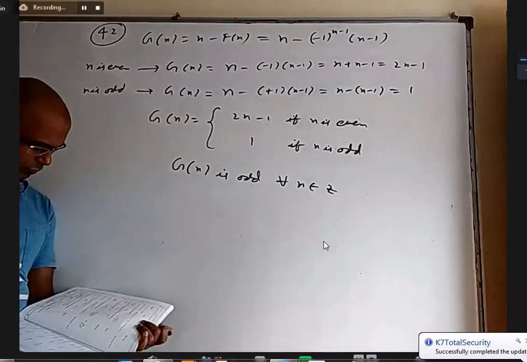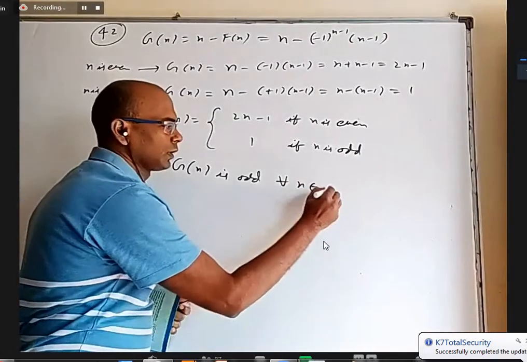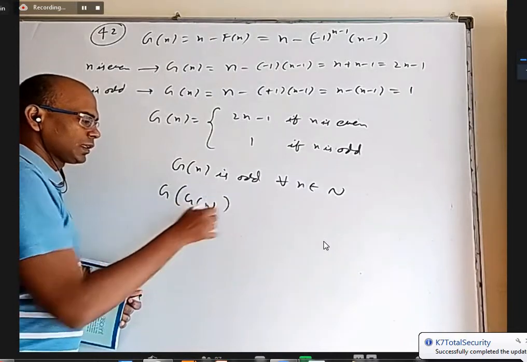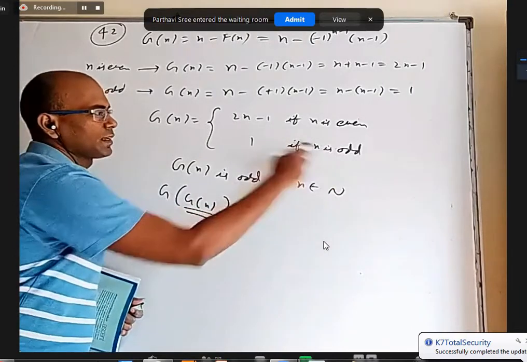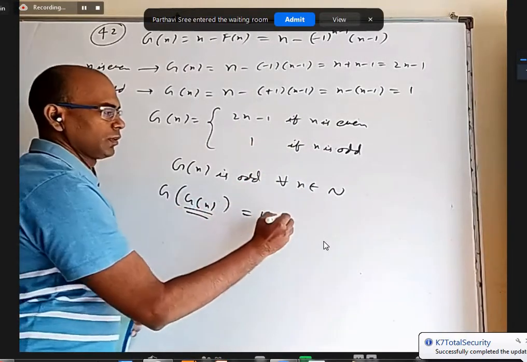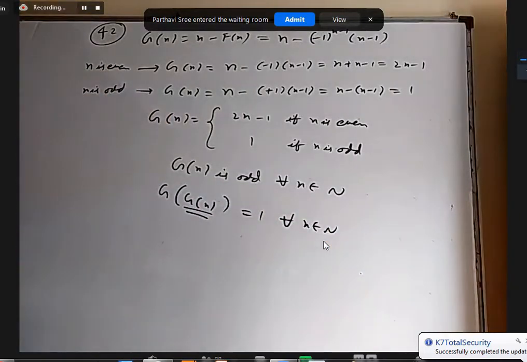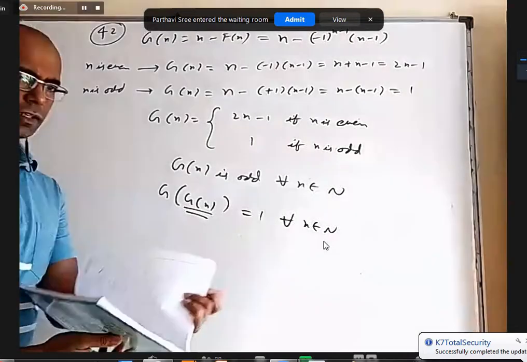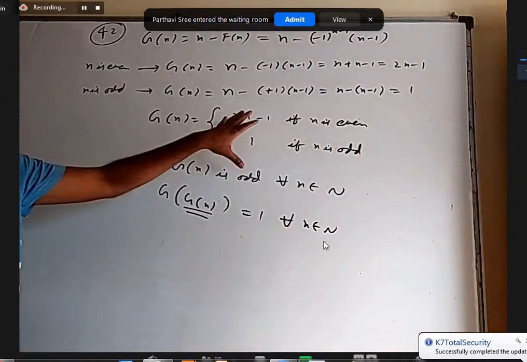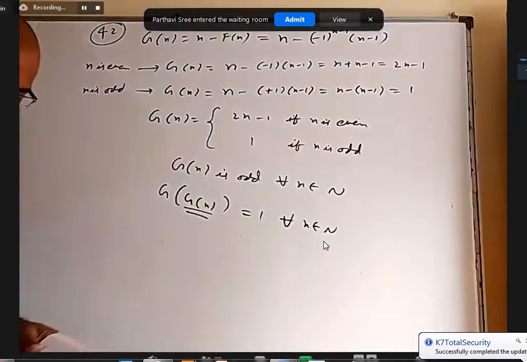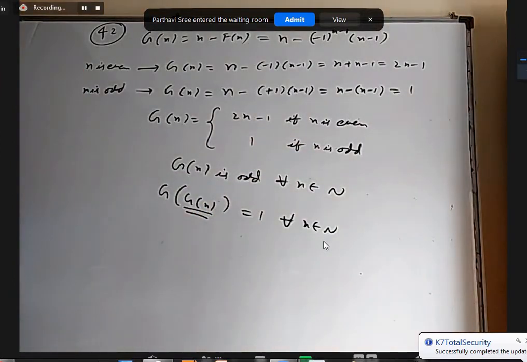What are they referring to? Natural numbers. Okay. Because this g of n is odd, I have to use this definition. It will be 1 for all n belongs to N. I gave some examples, but after that they are not required. You have to recognize g of n is always odd. So g of that odd number is always 1. So option E is always 1.